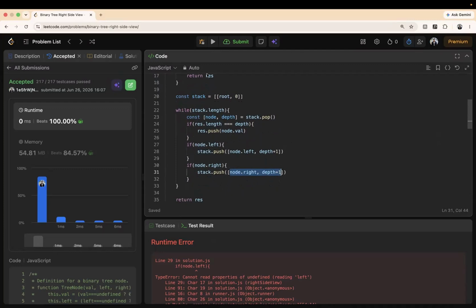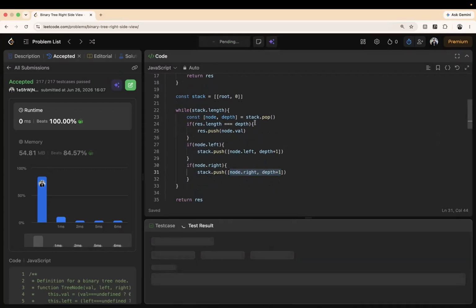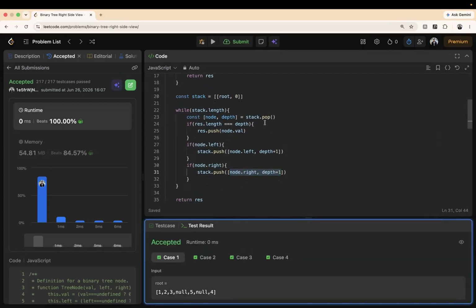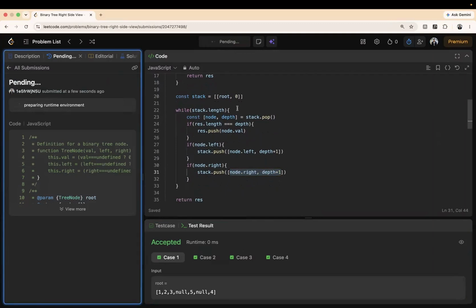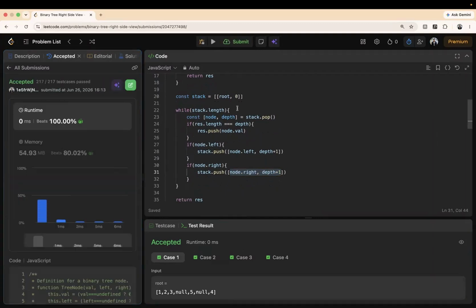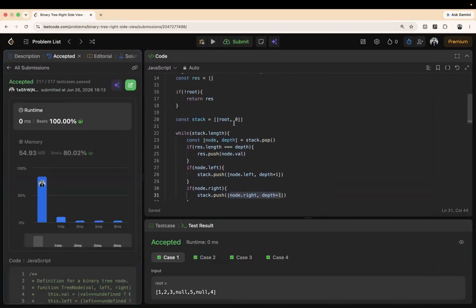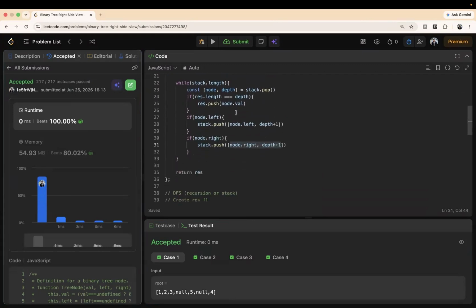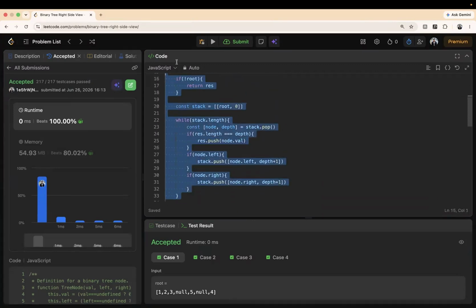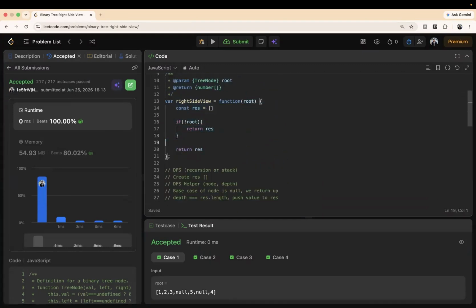Brackets. And there you go. And then the BFS way, we're still going to do the same idea where we start